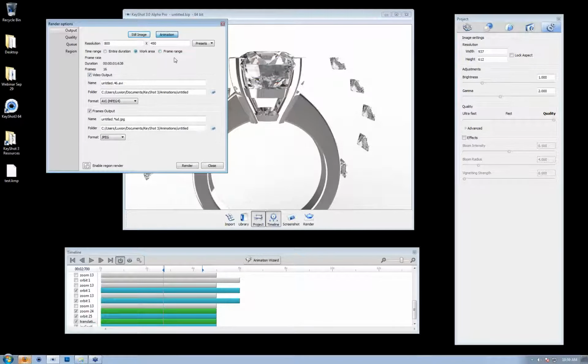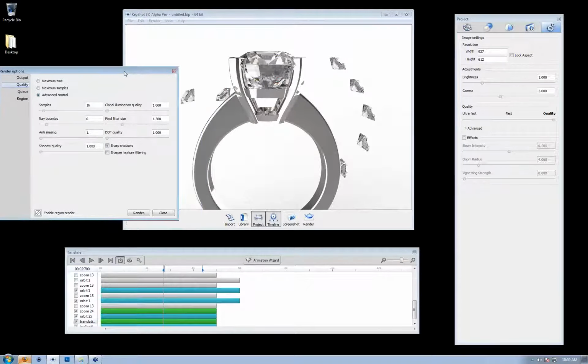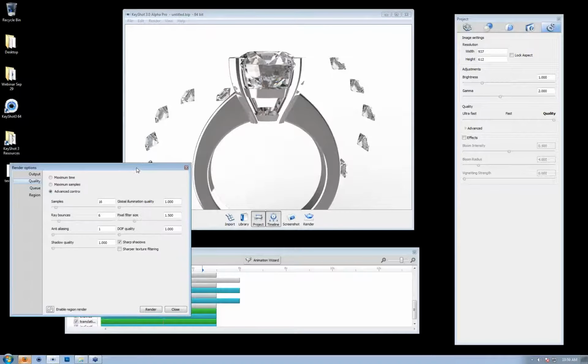So if you're a person that might go into After Effects and edit together a whole movie, well, then you're probably going to want your frames, because that'll allow you to import that frame sequence into After Effects or whatever video editing software and manipulate them at completely full quality rather than working with a compressed video file. You can also do an uncompressed AVI file, which will give you more or less the same quality as the